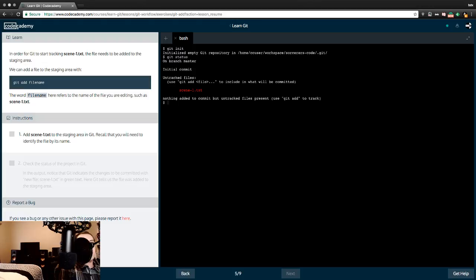We can add a file to the staging area with git add file name. The word file name refers to the file you're adding, such as scene 1. Add scene 1 to the Git area, or to the staging area in Git. Recall that you need to identify the file by its name, which is